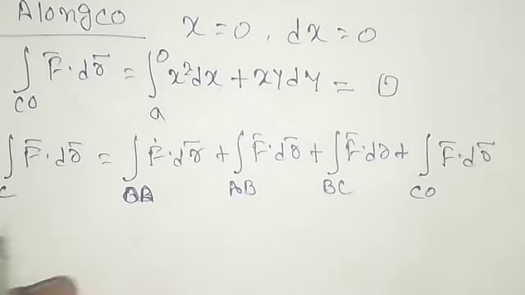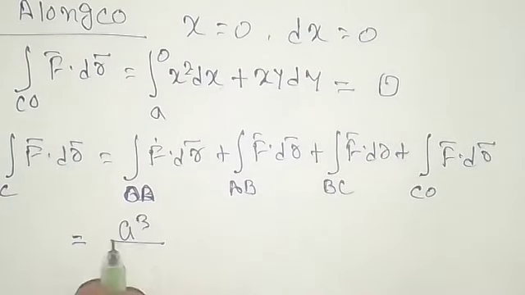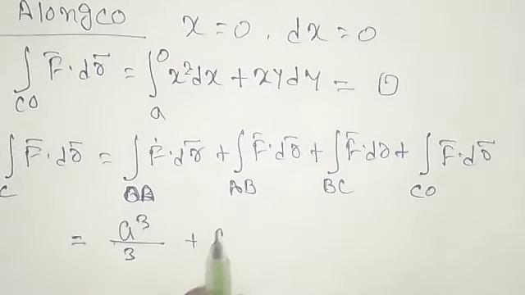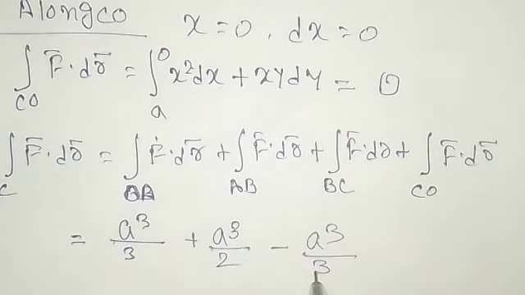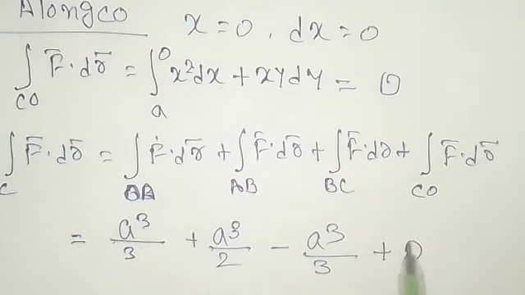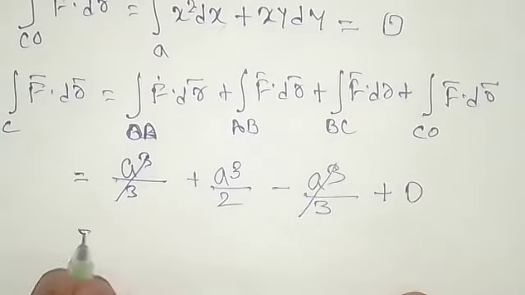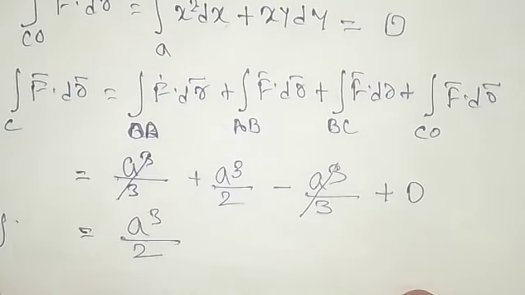So all the values you calculated, just put these values. So OA we got A cube by 3, all right, and AB we got A cube by 2, all right, and BC we got minus A cube by 3, okay, plus CO we got 0. So A cube by 3 and minus A cube by 3 will get cancelled. So what is remaining is A cube by 2,